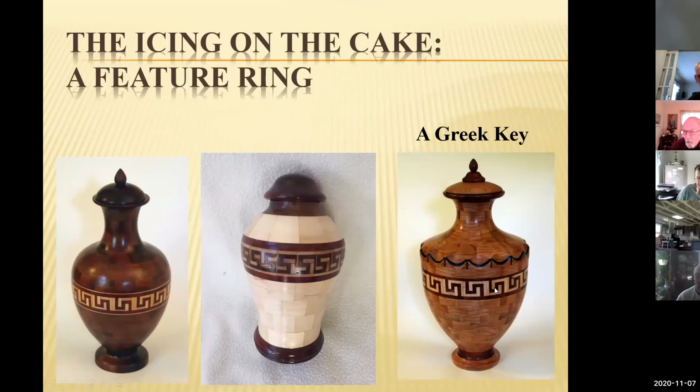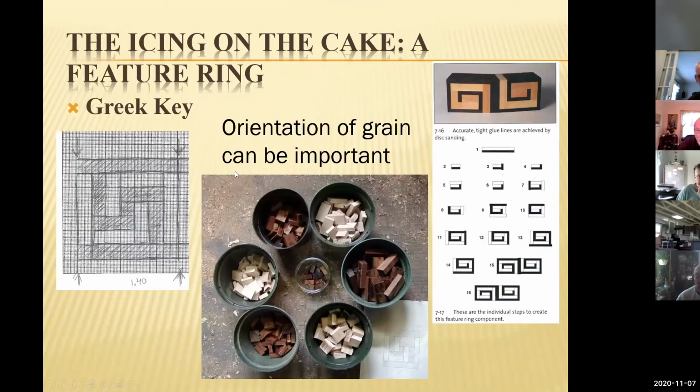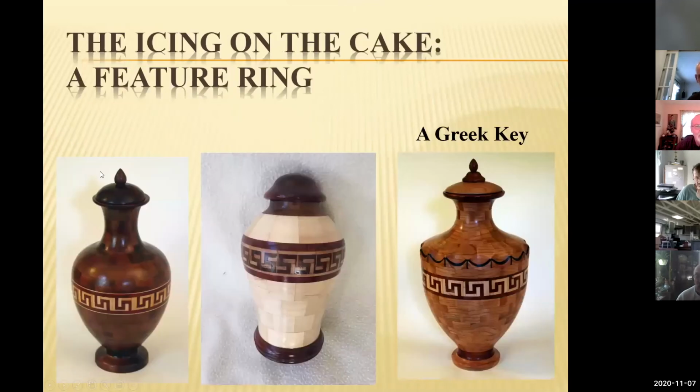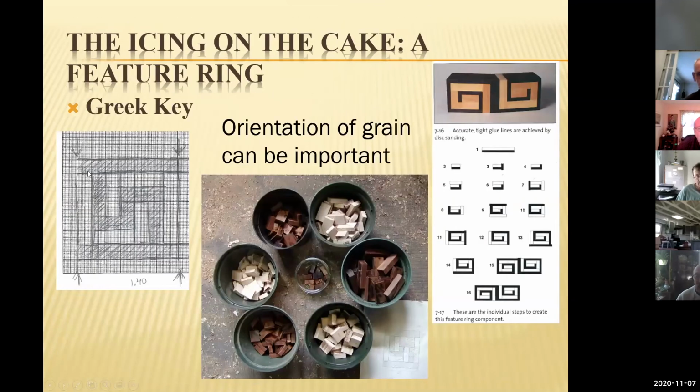So you have to make sure on a piece like this that all of the grain is going in the same direction. So for example, on this piece, this horizontal, the dark piece here, the grain would be linear. Okay, this piece would be linear. This would be linear. This would be linear. But for the vertical pieces, the grain would have to be cross grain, and for the maple, cross grain. So I put together all these bowls, and I have each one labeled for dark wood or light wood and cross grain or linear grain, and cut the pieces on